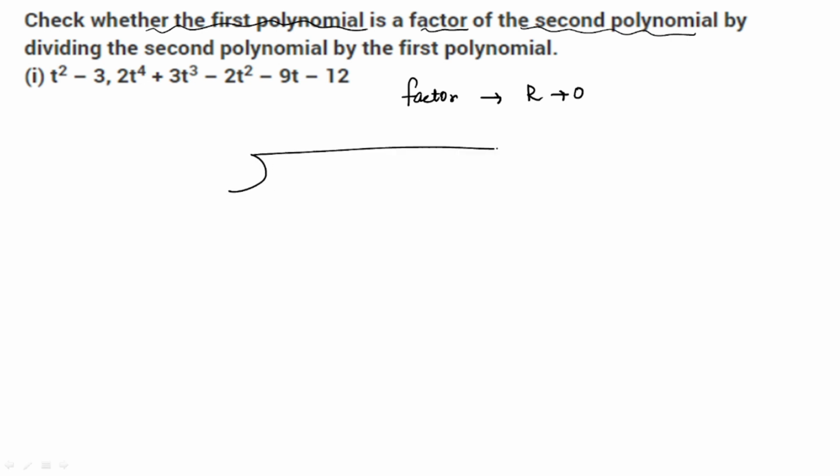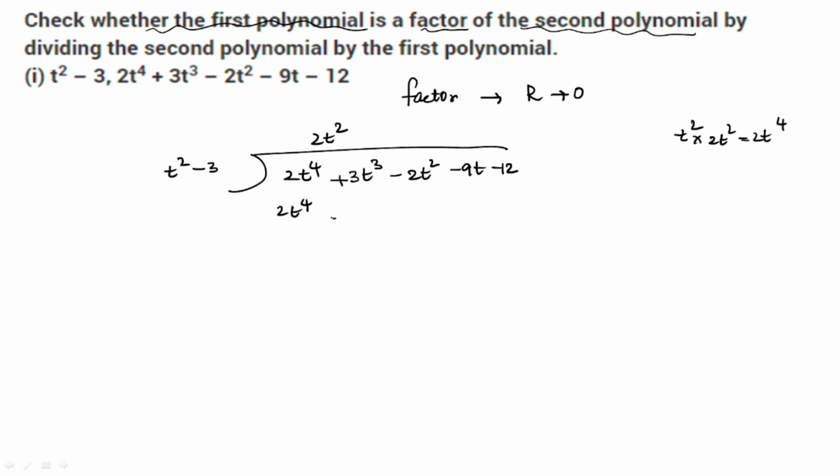So in this, the dividend, whatever is the dividend you are considering, is 2t power 4 plus 3t cube minus 2t square minus 9t minus 12, and the divisor is t square minus 3. The very first thing that we are supposed to do is we have to equate them. So t power 4, you have to multiply it with 2t square to make it equal to 2t power 4. This becomes 2t power 4. So there is no cube term, it becomes 0, and then minus 6t square. When you alter the signs,